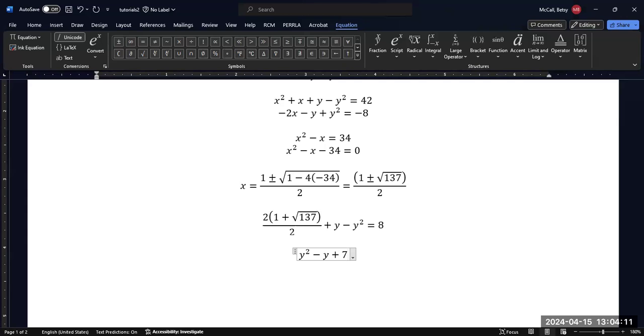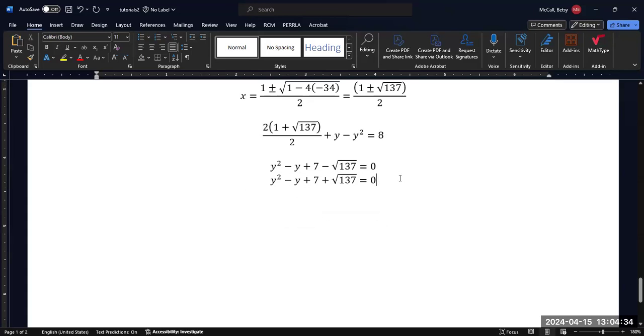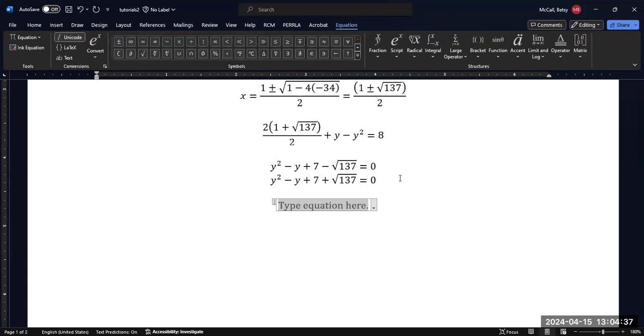plus 7 minus the square root of 137 equals 0. And then I'll have a second equation that will, when I plug in the negative version of this, be exactly the same, but with a plus in front of the square root instead. And again, I'm going to need to use the quadratic formula to solve this. Y is going to be equal to 1 plus and minus